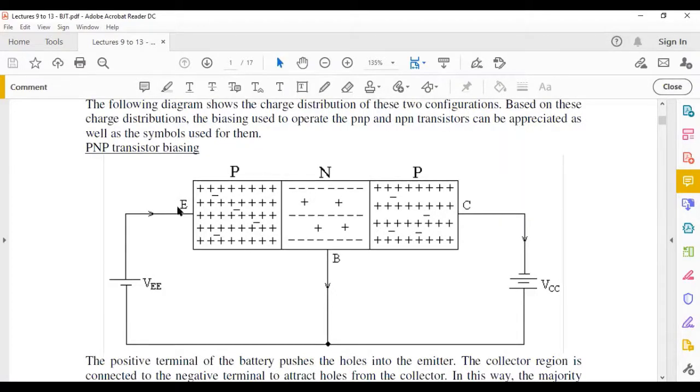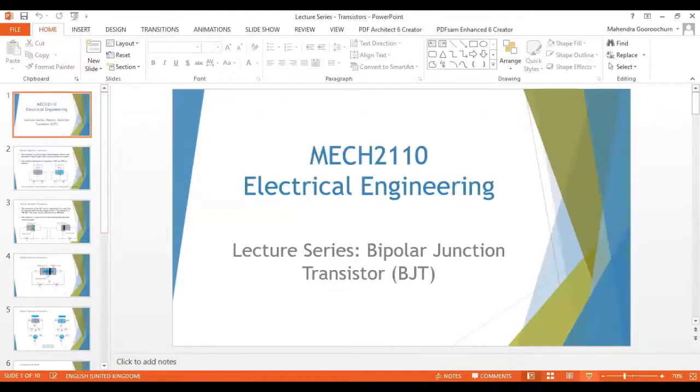Now, if you take this case, it means we want charge to flow from this region to that side. In terms of number of charges, you find that in the base, which is the N here, you find fewer carriers. If I just want to show you the reason for that, there's another document I've created for you. It's a PowerPoint slide. So I'll be using both of them as we go along. So if you look at this one now,